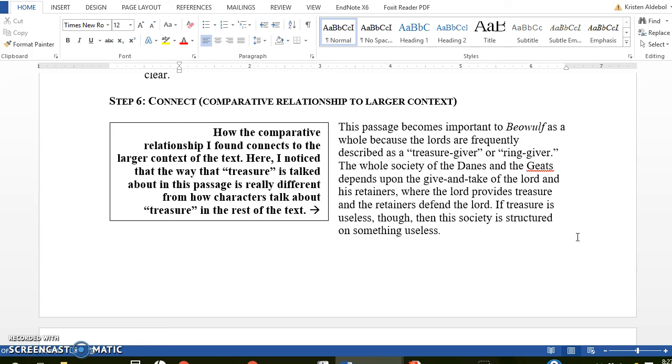So when I noticed in step 5 that this passage is indicating that treasure is not just useless to dead people, but is useless to everyone, you might have been like, that is not at all what the rest of Beowulf seems to say. Like, the rest of the text seems to be super into treasure. Although we talked a little bit about how the episode with the dragon shows the way that treasure is tied